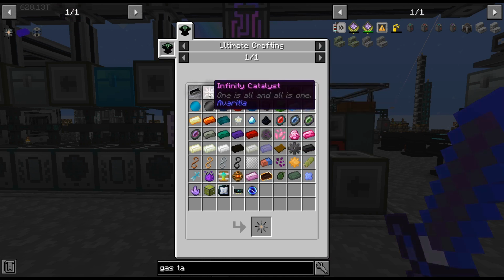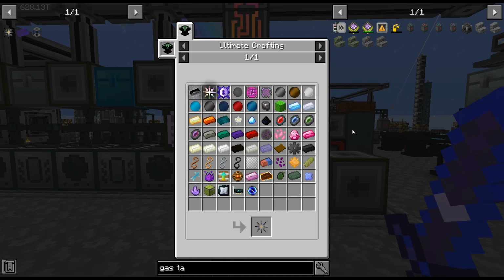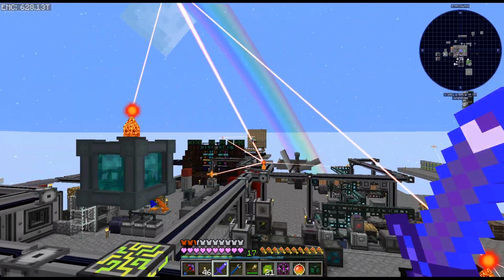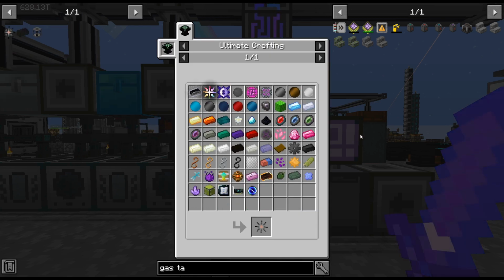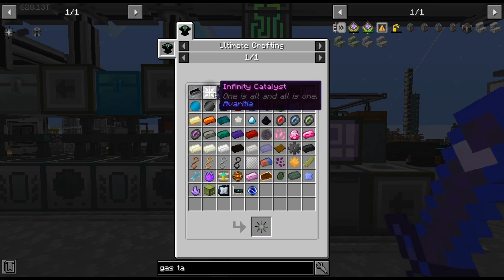I don't know how I would do that. Man, do I want to do an array of barrels once again? I don't know. I could do that and then just have them full of... I don't know. I'll have to think about that. But